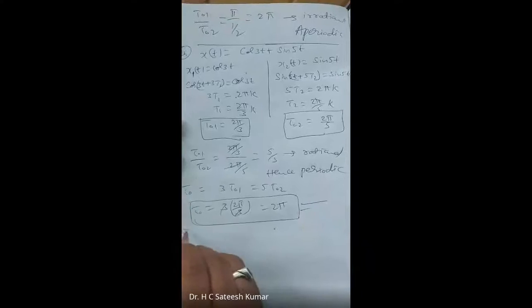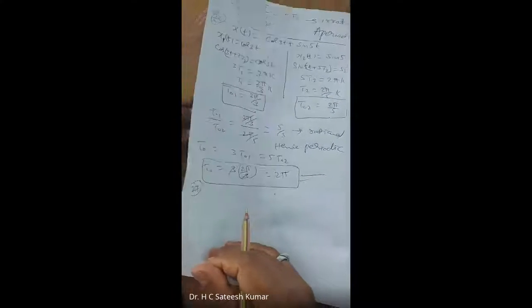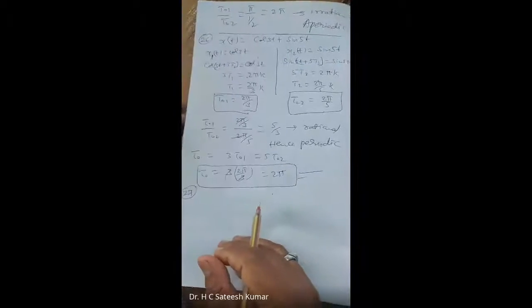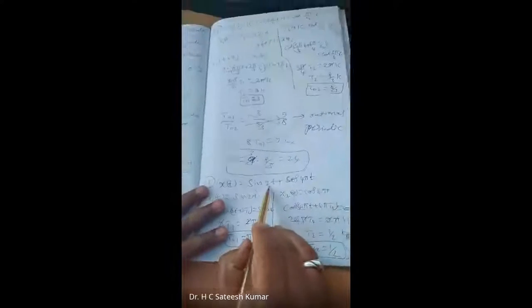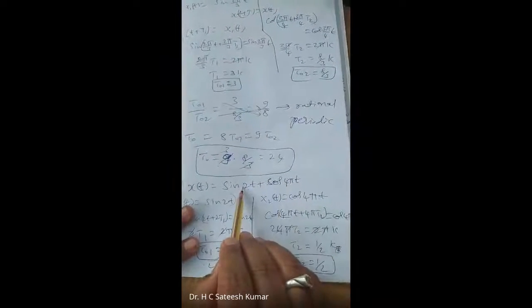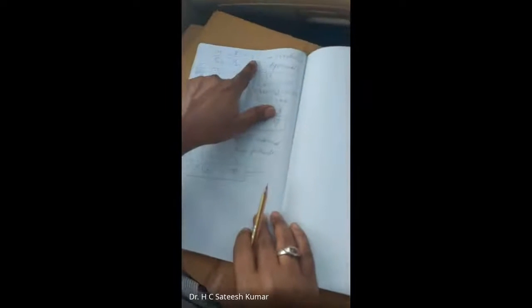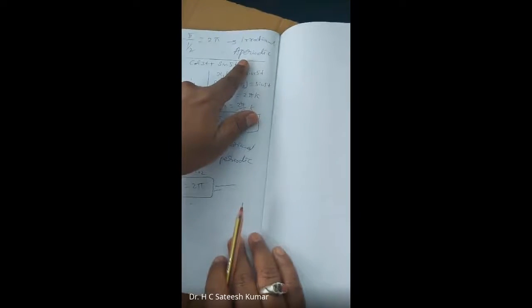Okay. What is the logic behind this? By observation only we can understand these things. By seeing the problem, we can see that here we have 2t and here we have 4 pi. Pi is there here, but on one side pi is not there in the first term. Therefore, pi will not get cancelled, and you will get an irrational number. Therefore, we say that it's aperiodic.